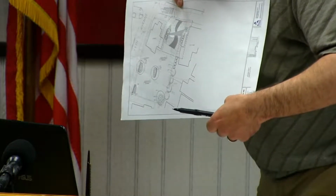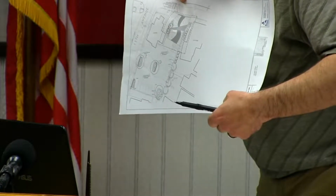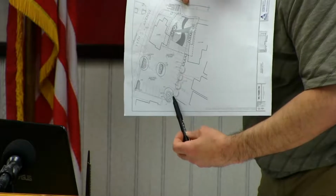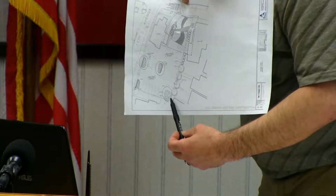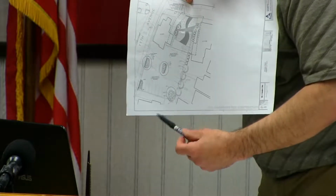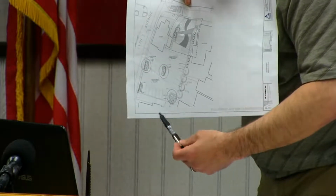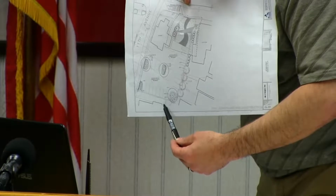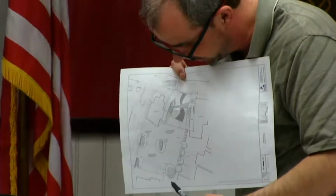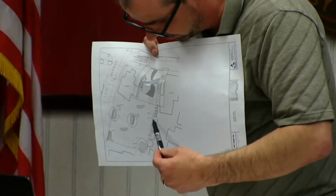Okay, so if we're all looking at that same thing, CL-101. We're all there? Yes. So when we talked with the contractor and the engineers, what would it mean to eliminate this bump out area and just extend that retainer wall and then come down,